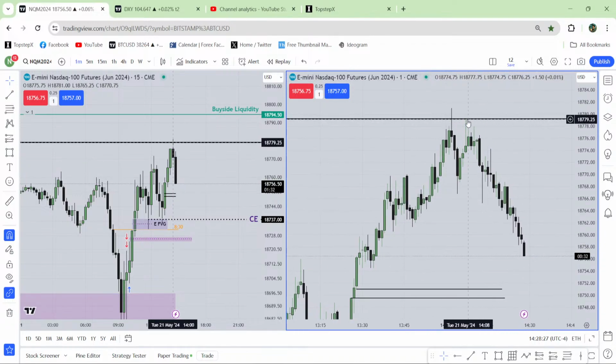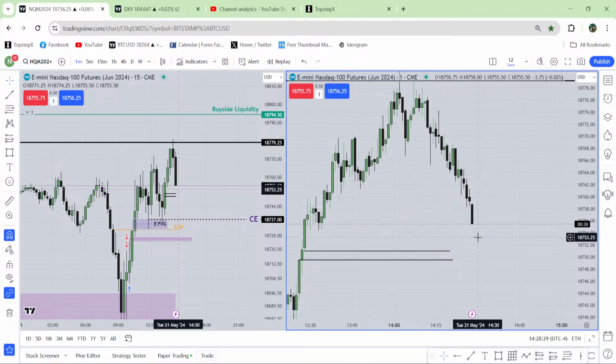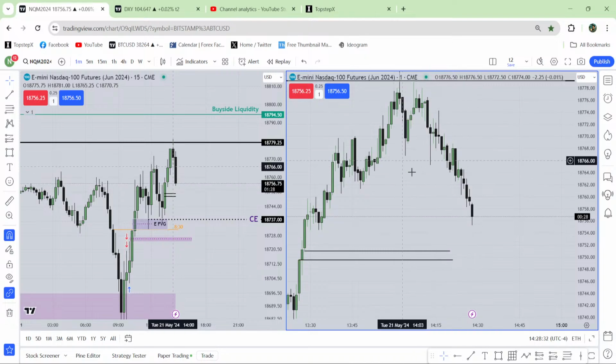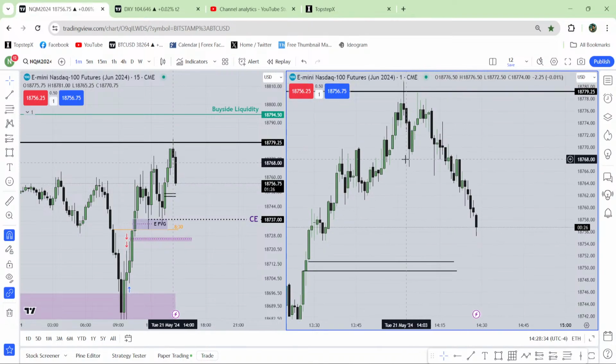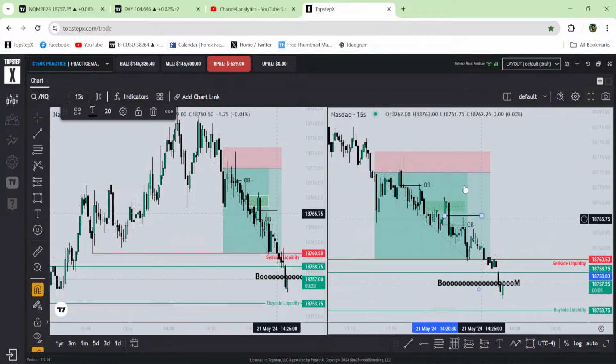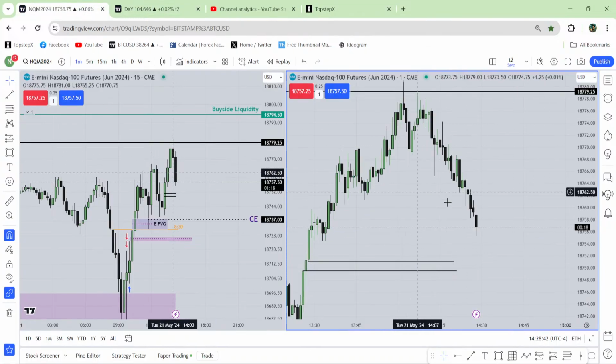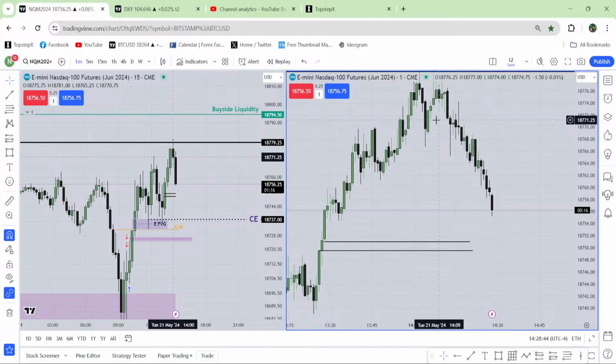Remember the rejection block. See from the 1 minute chart, do you see any setup? No, I don't see any setup from the 1 minute chart. Nothing is clear over here. But after doing something very obvious, if you go to your small time frame, you will get a lot of entry over there. A lot of entry. You just have to keep pushing the button.